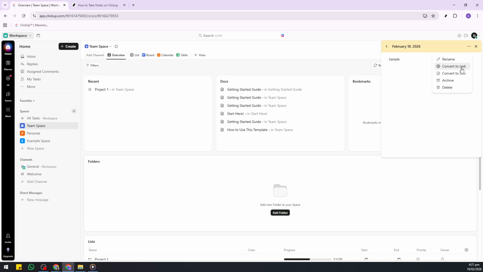If your note needs more depth, like a multi-section document, embedded media, or a place to collaborate, choose Convert to Doc. That moves your content into ClickUp Docs, where you can organize it with headings, add links, and share it